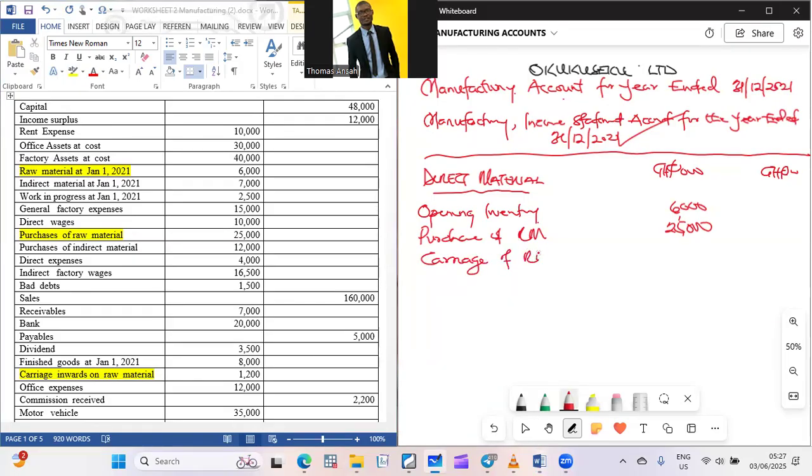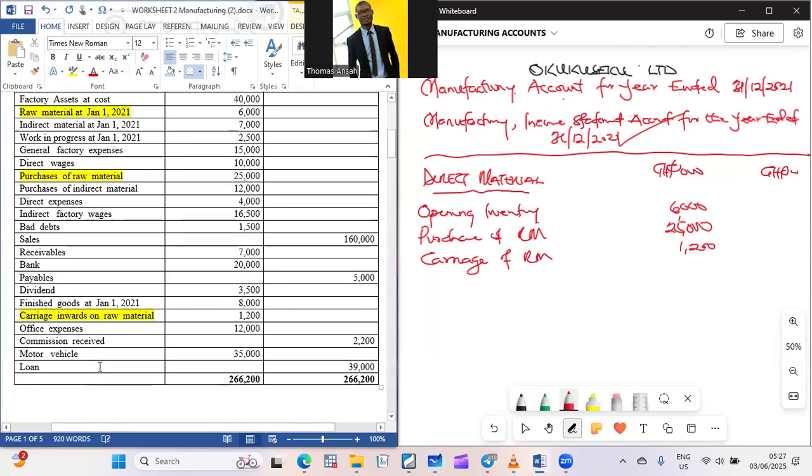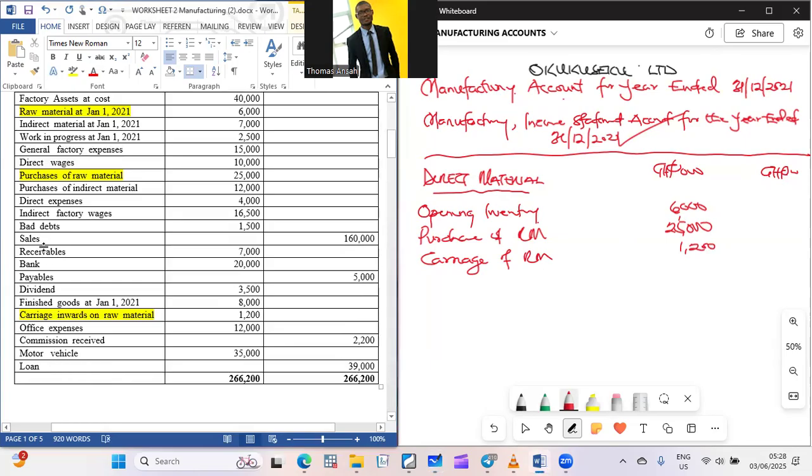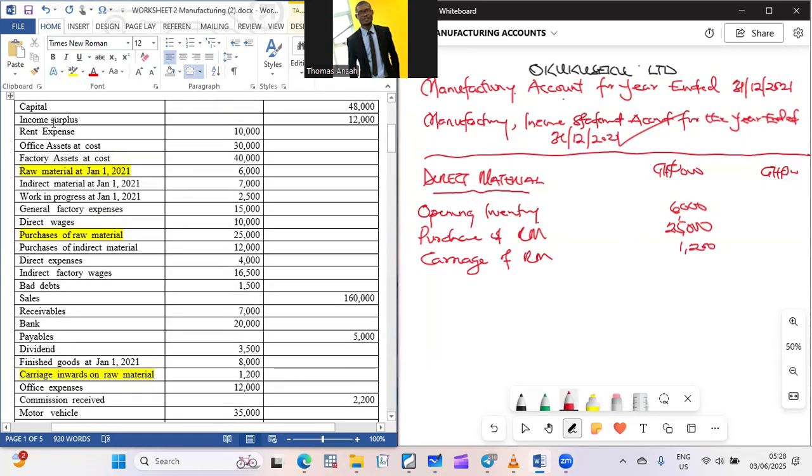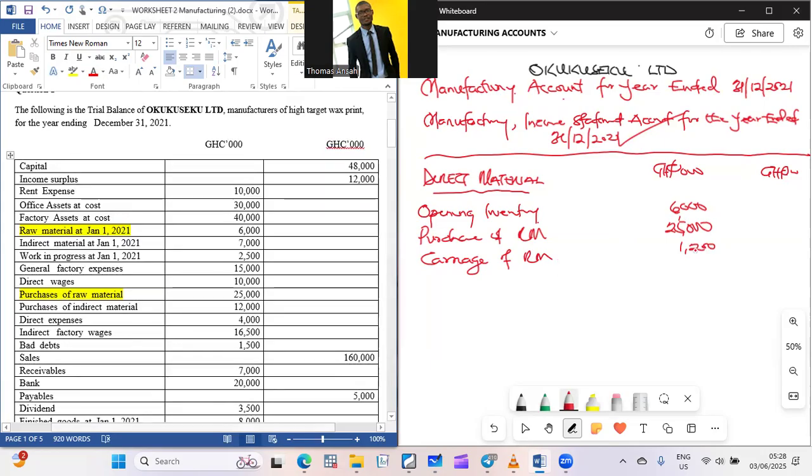So you have to be vigilant. Okay. Is there return outwards of raw materials? So when you look through, did you see anything like return outwards of raw material? Not really. So this one we total. So we have 6,000 plus 25,000 plus 1,002. That gives me 32,200. That is raw material available